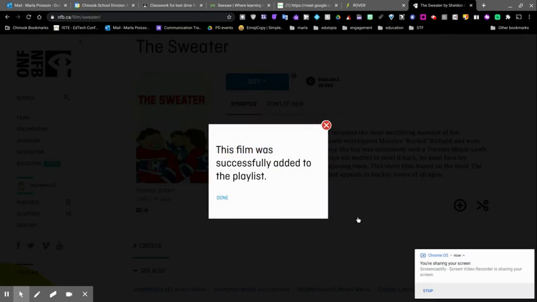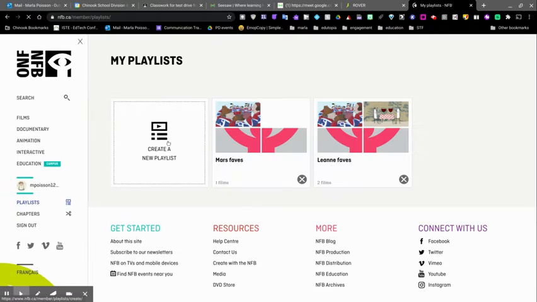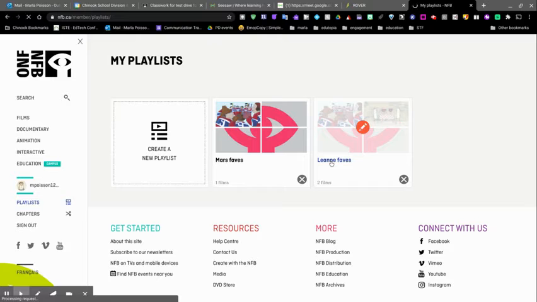Okay, this tells me the film was successfully added to the playlist. So I'm just going to go and search over here. Now if I click on playlists, and it just takes a moment to open, you'll notice I have playlists created. So we have Lands Faves and Mars Faves, and I can create another playlist and go in there. When we go into the playlists,